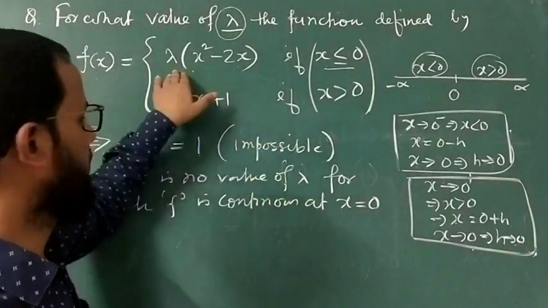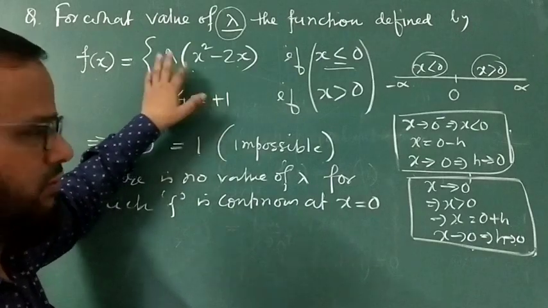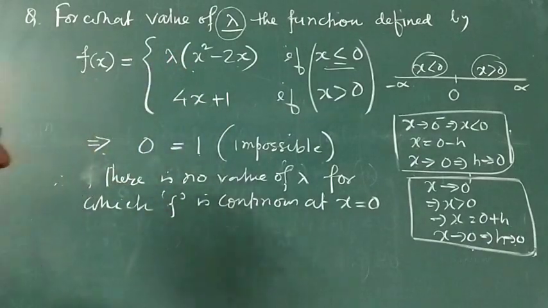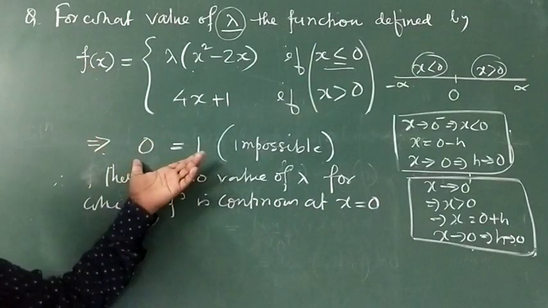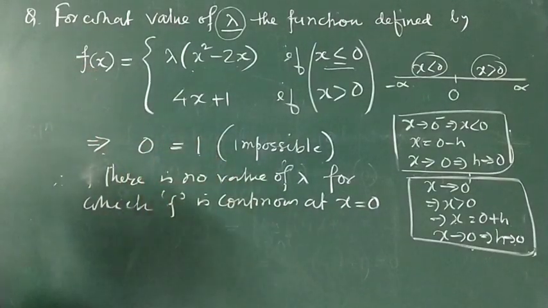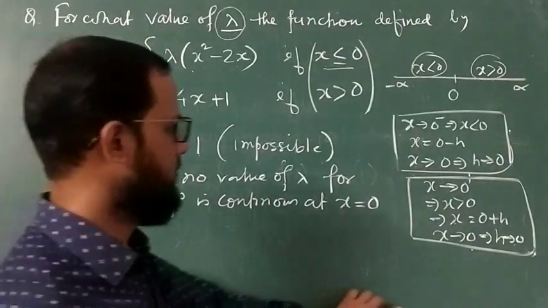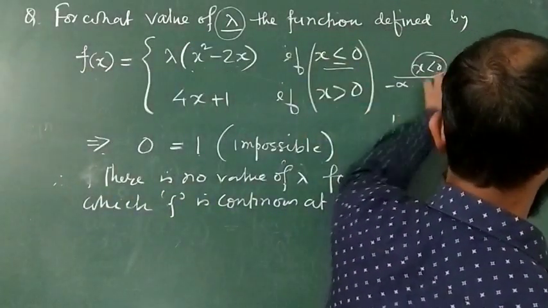lambda का ऐसा कोई वैल्यू नहीं है, रियल और कॉम्प्लेक्स वॉटेवर भी ऐसा कोई नहीं है जिसके लिए फंक्शन 0 में कंटिन्यूस हो सकता है. अगर कंटिन्यूस हो रहा है तो एब्सर्ड रिजल्ट आ रहा है, दैट मीन्स लैम्डा का कोई वैल्यू नहीं है. That is the final answer of the particular first part. Now comes the second part of the question. सेकेंड पार्ट में हम क्या करें,